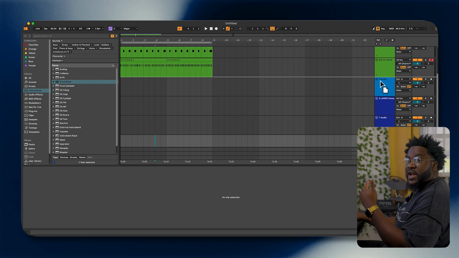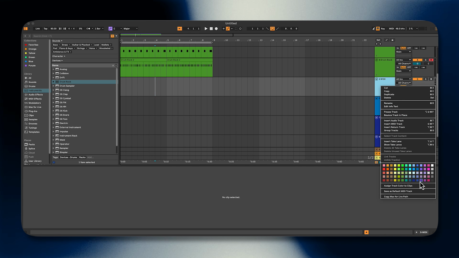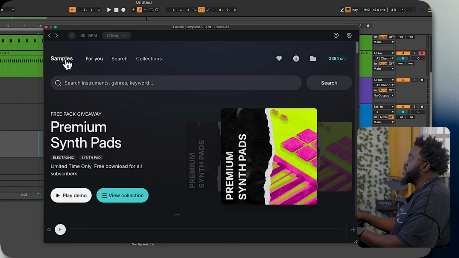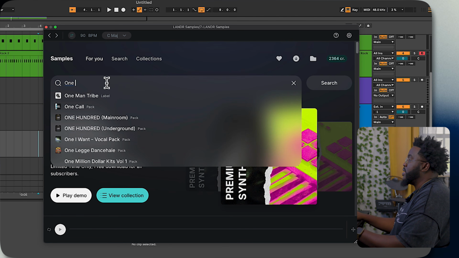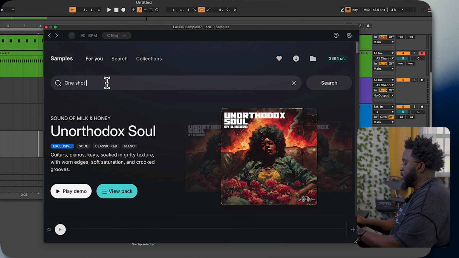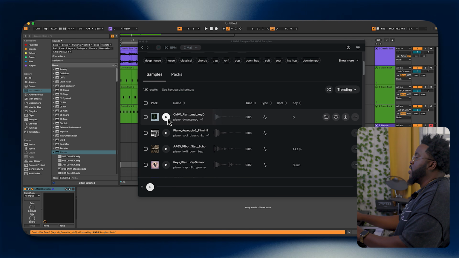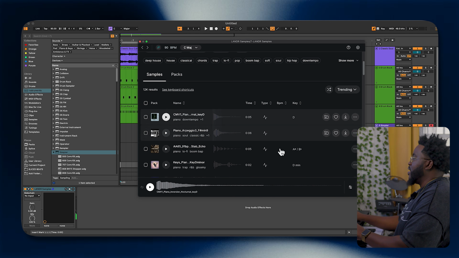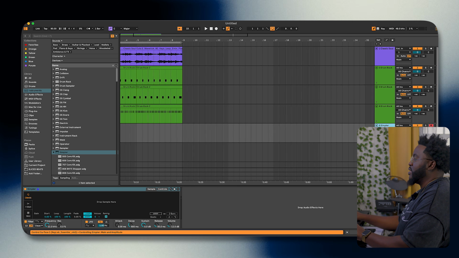So in Ableton, you want to have a MIDI track available. I'm going to make this one purple. And on this MIDI track here, we're going to open up a sampler. We're going to go back to LANDR Samples now, hit Samples again, and we're going to type in One Shot Piano. All right, so I'm going to go with this sample, the very first one, drag this into my sampler,